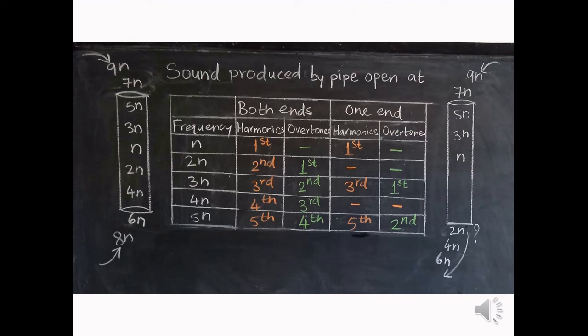Now, whatever I'm going to discuss in this slide is just an imagination. It doesn't happen like this. This is just an imagination so as to remember which harmonics are present in which type of pipe, and that's all. Now, in case of this pipe which is open at both the ends, just imagine that the odd harmonics are entering the pipe from the upper open end and even harmonics are entering the pipe from the lower open end. So as both the ends are open, all harmonics can enter the pipe.